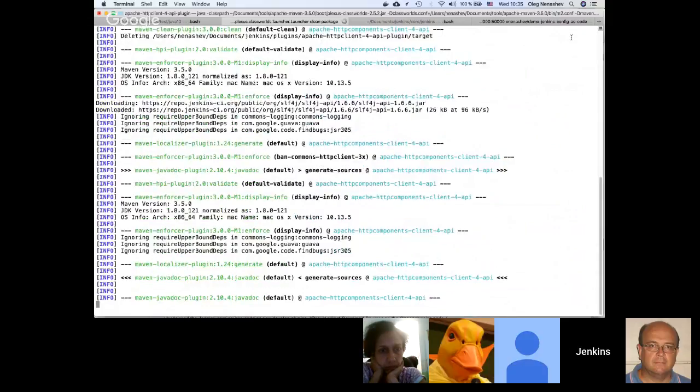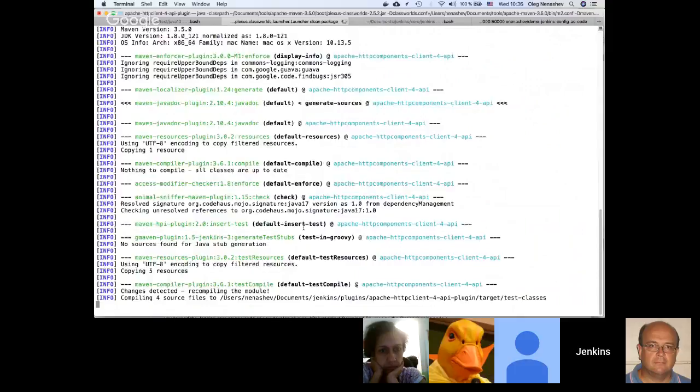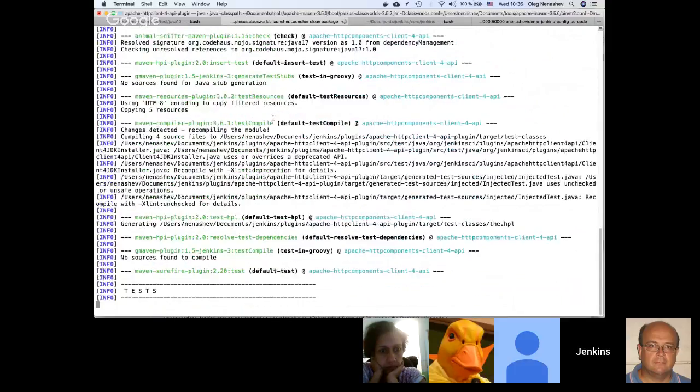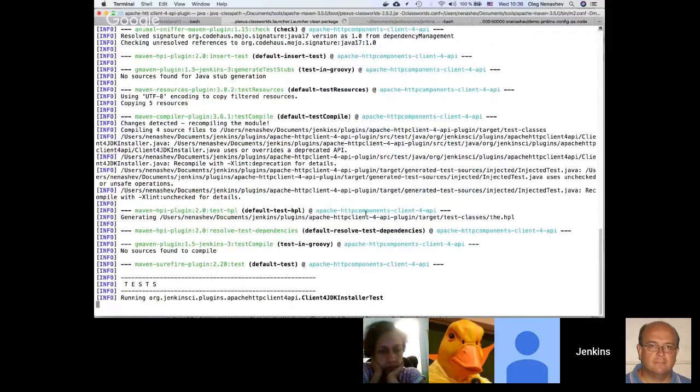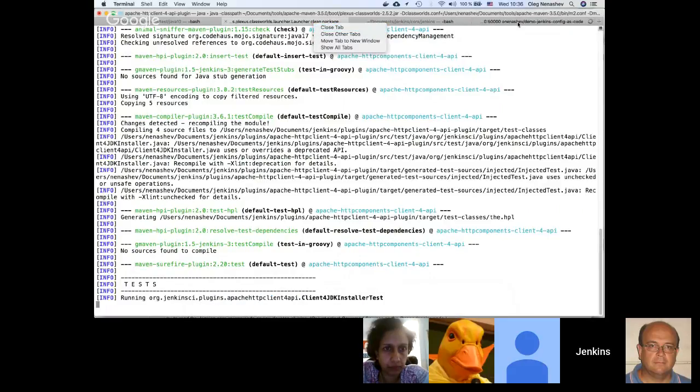But for most modern plugins, you need Java 8. You may see that this plugin is actually compatible with Java 7, but we can build it only on Java 8. And this is how you build the plugin. And then if you want to test plugins, we have some tooling around. One of the tools is Maven HPI run.